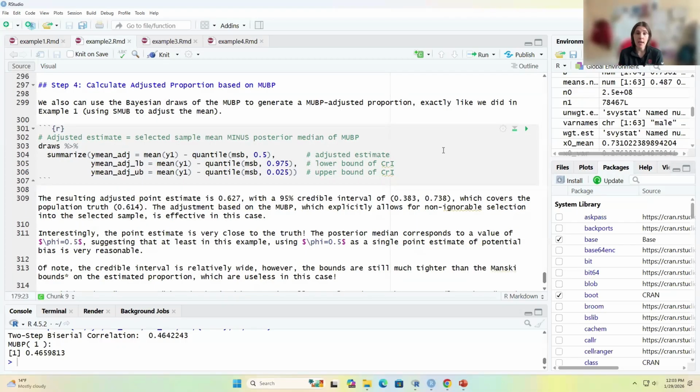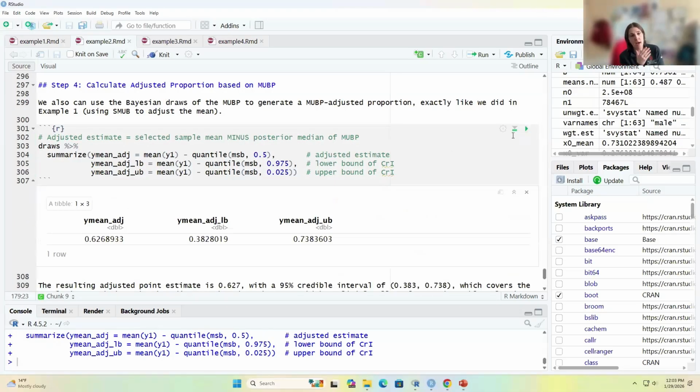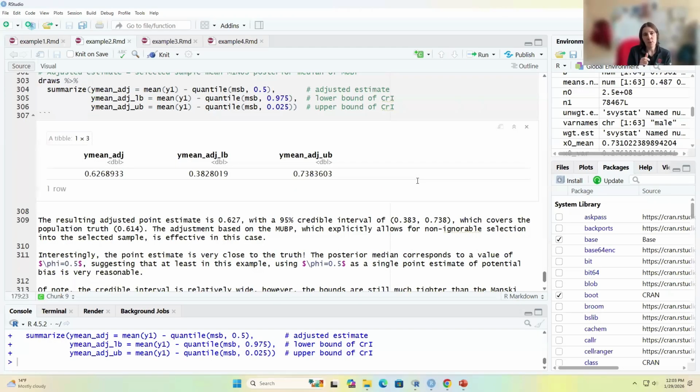So we can go back and take our unweighted mean, that's the mean of y1 in the code here, and just adjust it based on, in this case, the draws of the MUBP from the Bayesian approach. In the continuous case, we had to multiply by the standard deviation because the bias measure was about how many standard deviations away it was. For proportions, it's just a simple difference, so there's no scaling going on here. It's a simple subtraction. And if we run this, we see that our estimate of the adjusted mean is 0.63